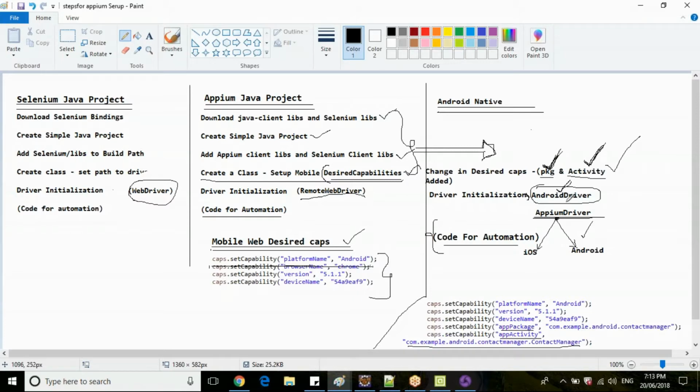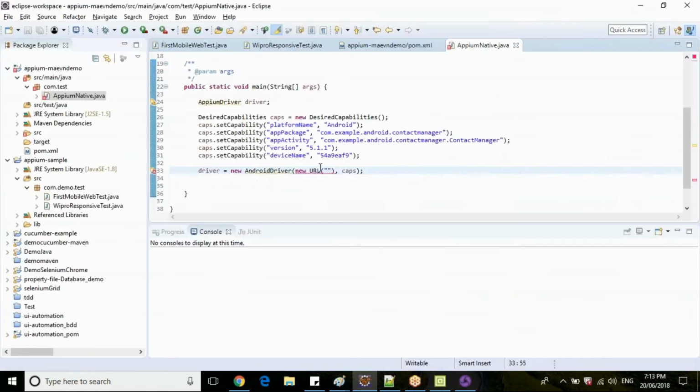Now you have your Appium driver. Your Appium driver will have the capability to work with iOS as well as Android driver. Now since we are working with an Android mobile device, specify your Android driver here, or if you are working with iOS, you can specify iOS driver here.